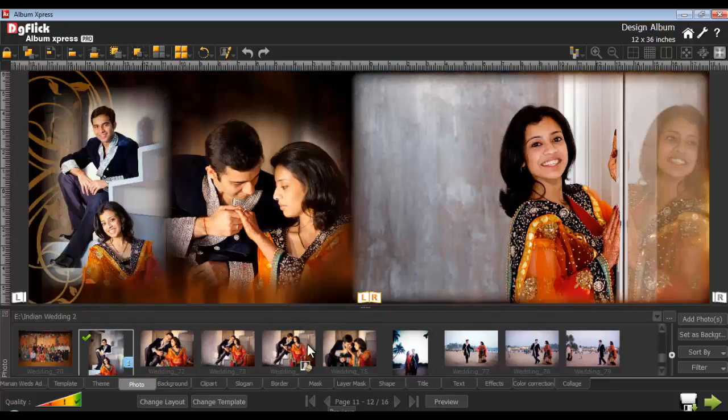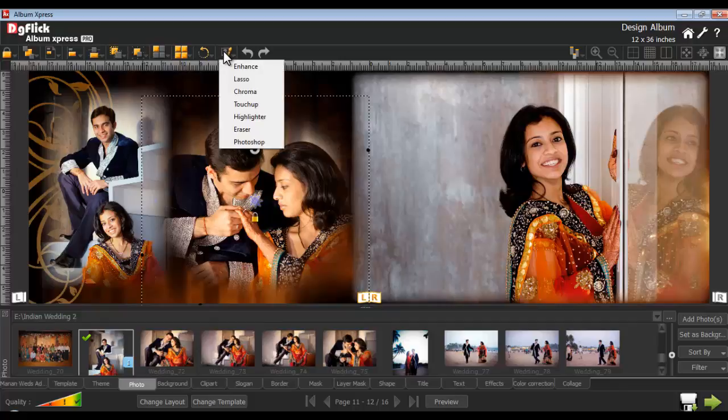Photoshop. To edit any photo in Photoshop, select the photo from the Edit Photo option and select the Photoshop option. Now this option is available only for Pro users. If you have defined the path of the Photoshop software in the preferences, the selected photo will directly open in